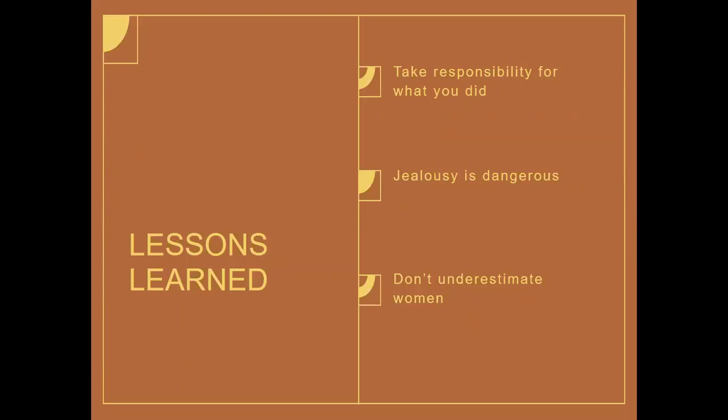Thank you, Thao Trang. And now we admit that there have been many lessons shown in the book by Agatha herself, but we agree that these three are the most important and relevant to our modern society. The first one is to always take responsibility for what you did. Responsibility is something that many hesitate to take, but it is a necessary step to redeem ourselves and nurture us into a better person. The next one is that jealousy can be very dangerous.